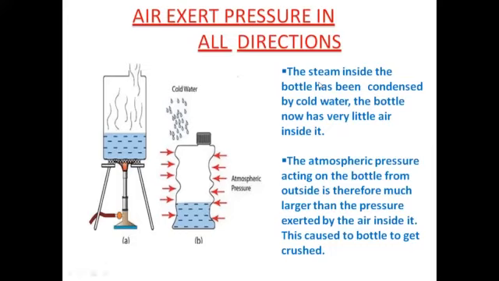See here, boil some water in a thin-walled tin can with its mouth open. The steam will drive out the air. Now cork the can tightly. Remove it from the fire and cool the can by pouring cold water over it. The steam condenses into water, leaving a partial vacuum in the can. So what happens to the can? The can gets crushed by the pressure of the air outside, as in the figure. It indicates that the pressure inside the can is lesser than the atmospheric pressure.